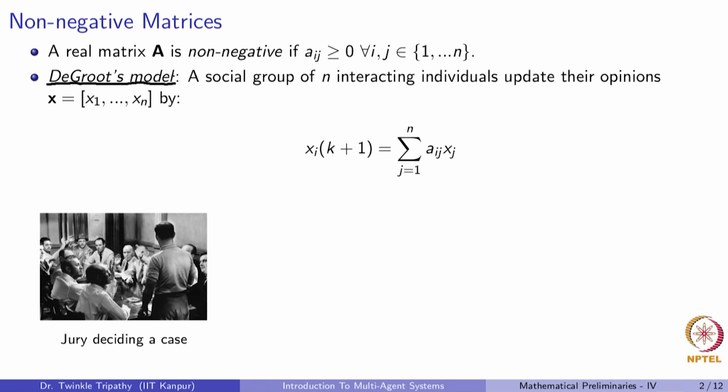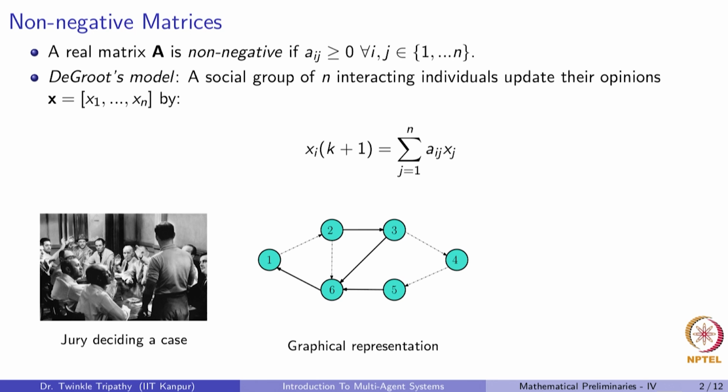So again, what does the DeGroot model represent? What kind of social scenario? It simply represents a group of n interacting individuals who update their opinions as they talk to each other, following a model like this. This shows an image of a few people talking to each other. Now, in general, interactions, as we have discussed before, can be modeled using graphs, where an edge between any two nodes represents that there's a communication between them, and every node simply represents an individual.